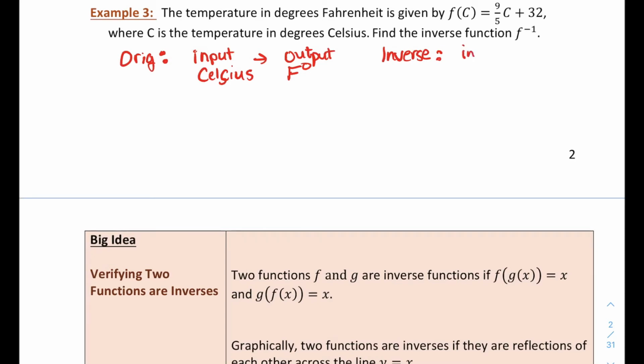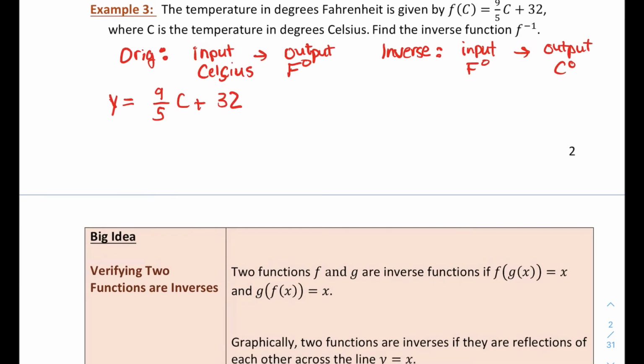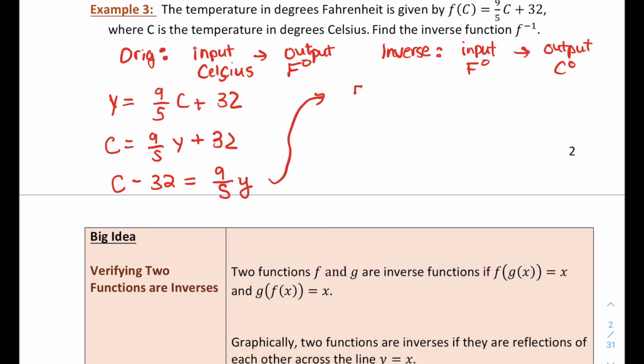So what I'm going to do is write my original equation with just y equals 9/5 c plus 32. And then I am going to swap my values that represent my input and my output. So I'm going to swap c and y, and then solve for y, since that represents my output. So I'll subtract 32, and then I'll multiply both sides by 5/9, and end up with y equals 5/9 times